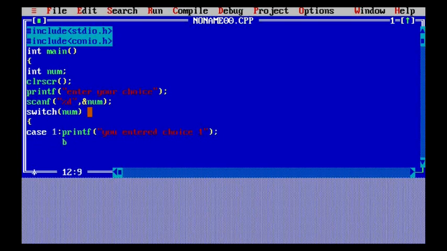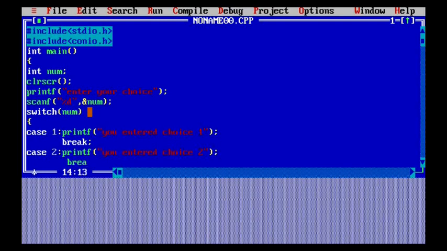If this condition does not work, meaning the user does not enter the first choice, it will check the second choice. If the user has entered the second choice, it will print the output accordingly, that you have entered the second choice. So this is the case of numbers. Whatever you wish to use, if you want to use characters, you can use characters. If you want to use some symbols, you can use the symbols also. Based upon that case, you can work upon that only.